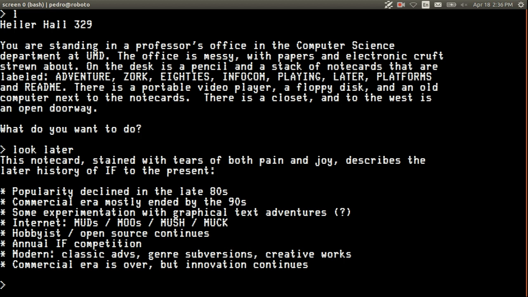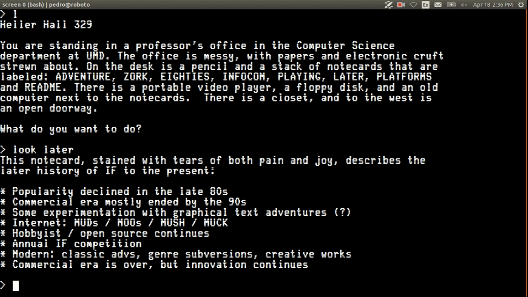The popularity of interactive fiction declined in the late 80s with the increase in gaming. Commercial interactive fiction basically ended by the 90s. There was some experimentation with text adventures that added graphics to make it more multimedia.